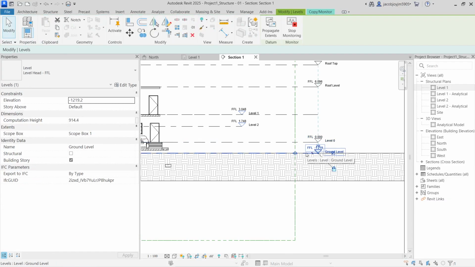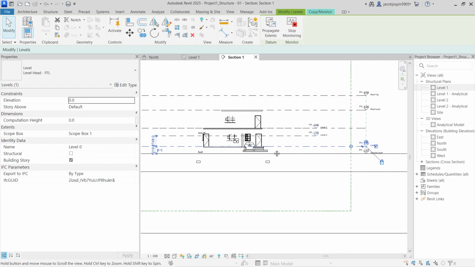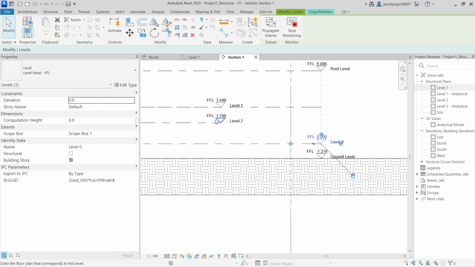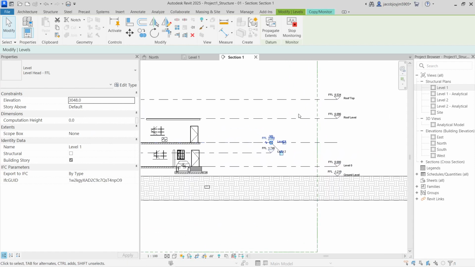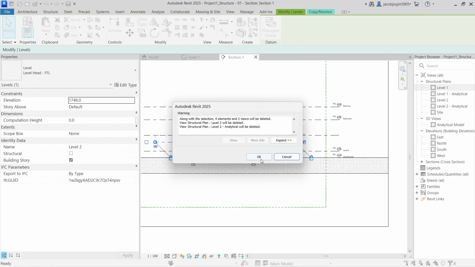And you have to be very clear. This is level 0, ground level 0, then level 1, then roof level and rooftop. So this level we don't need, so delete. Okay,